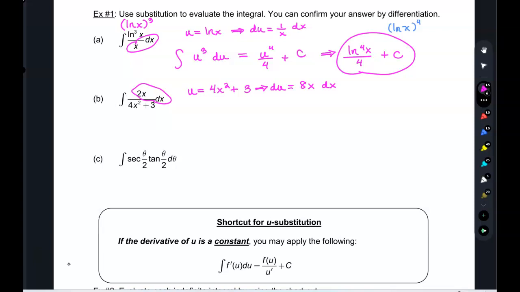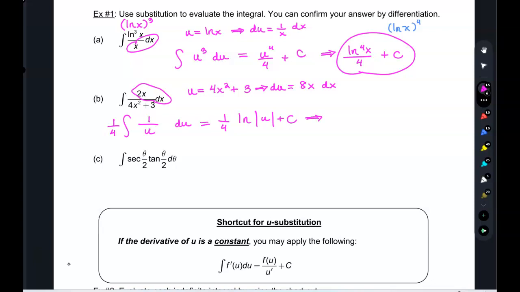So what I can do is multiply everything by a fourth out in front, and that will replace the 2x dx with 1/4 du. And then that'll just leave us with a 1 on the top, a u on the bottom. So I'm going to integrate 1 over u. So that'll be 1/4 natural log of absolute value of u plus c,